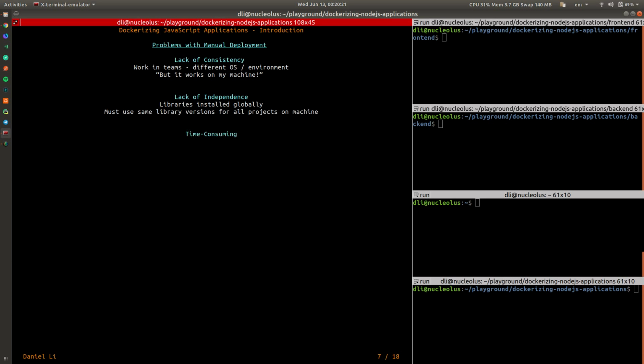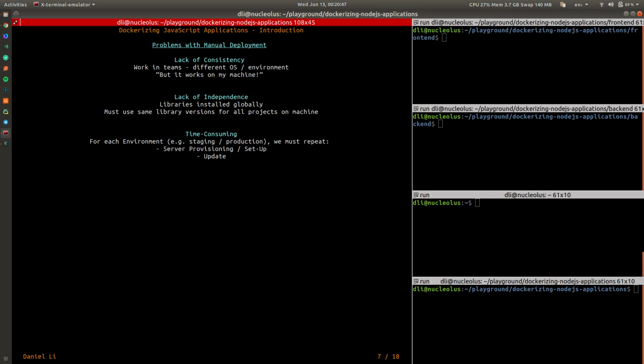It's time consuming. I've downloaded Node and Elasticsearch to save time in this presentation, but to set them up every time would take about 15 to 30 minutes. And we have to do this for every single environment. So if we have a QA environment, development environment, staging environment, for every environment you have to repeat the exact